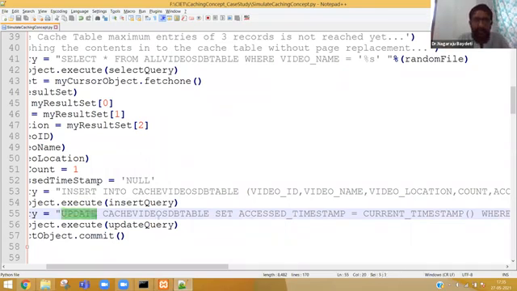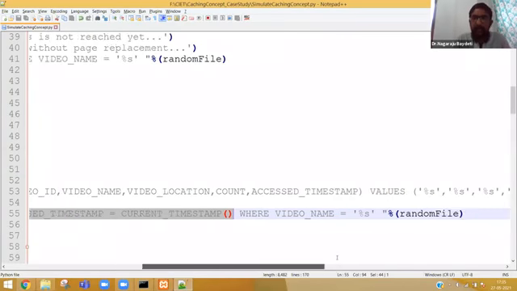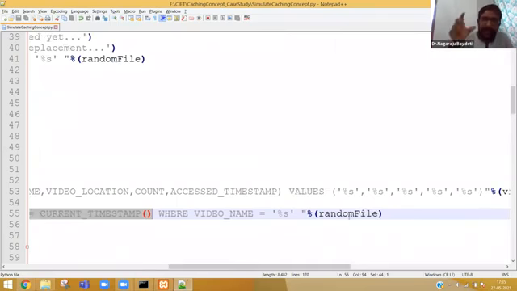Update cache video table, then set the access timestamp equal to current_timestamp. Current_timestamp is a method available in a query, which will take the current timestamp and insert it into the cache video table. Now, which record do I need to update? Where video name equals random file. That means for that particular video file, we need to update the timestamp, not for everything.